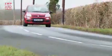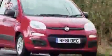There's 4 engines to choose from. There's a 1.3 multi-jet diesel, plus a pair of 2-cylinder petrol multi-airs, one turbocharged, one normally aspirated. But by far the biggest selling engine in the UK is this, the one that we're testing, the 1.2 litre 4-cylinder petrol engine. Now, it's carried over from the old car and it's well established,